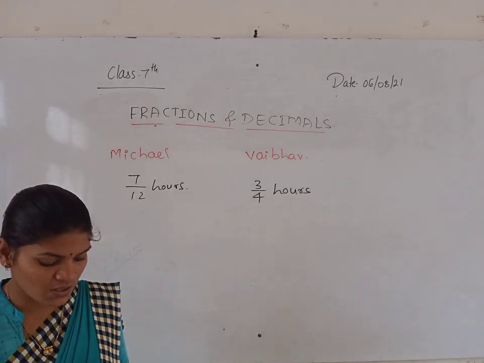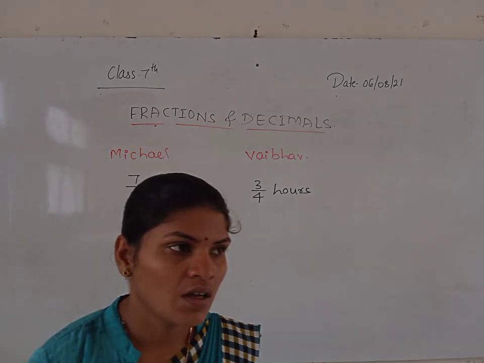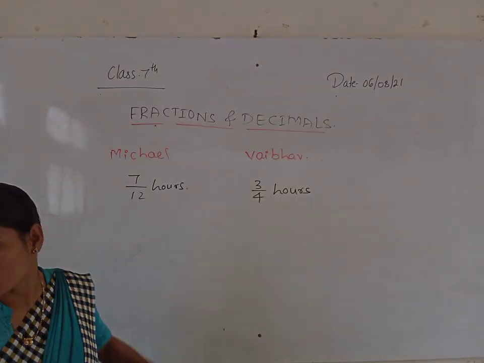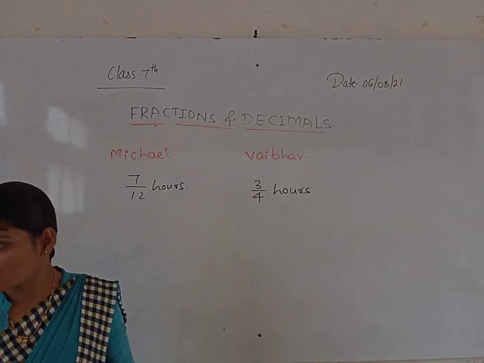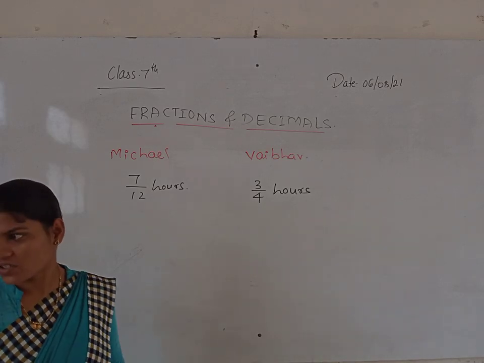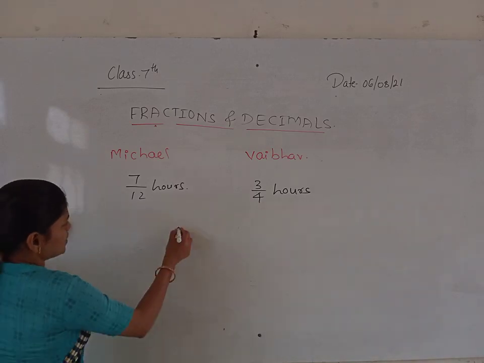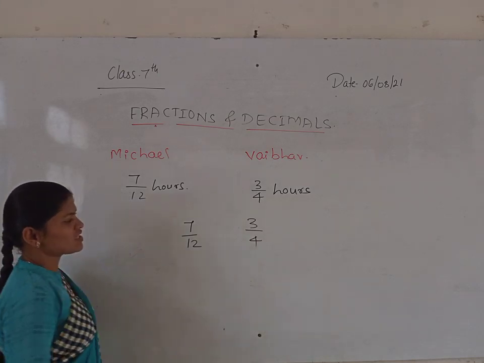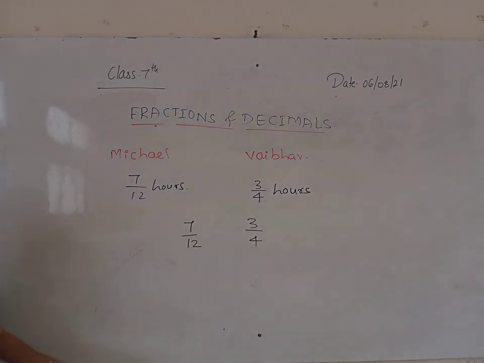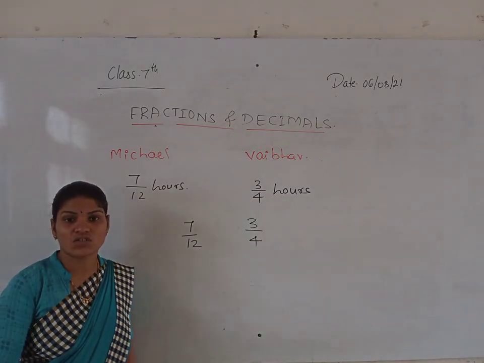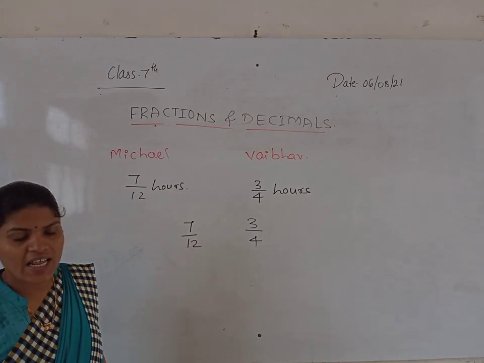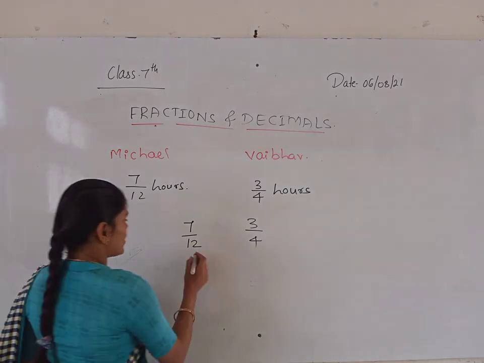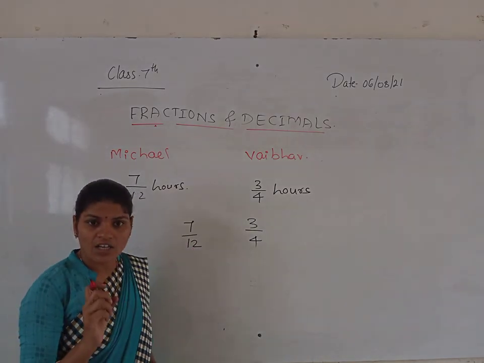What was that question? Arranging the fractions in ascending order. So same way we have to solve this one. Descending order we have solved. Okay. Now we have to compare between 7 by 12 and 3 by 4. First in a comparison also what we are doing? First we have to convert the given fractions into like fractions. Like fractions in the sense we have to make the denominator same. So here in the 12 table also there is a 12, in the 4 table also there is a 12.